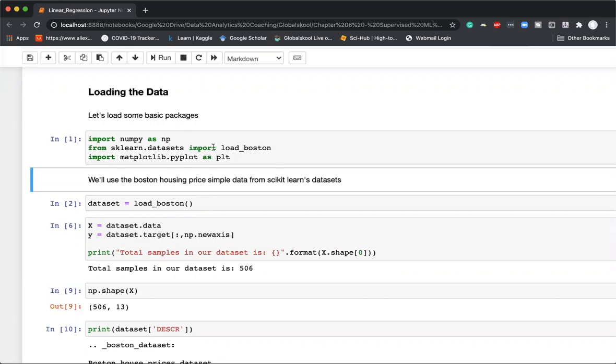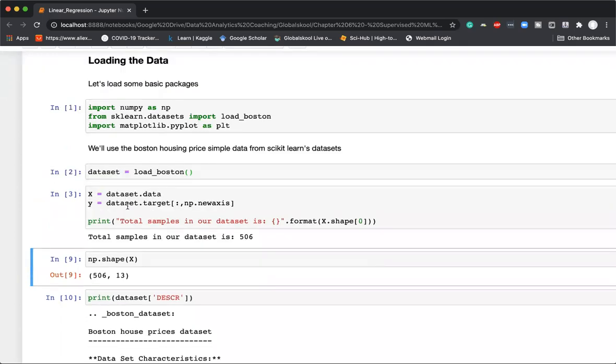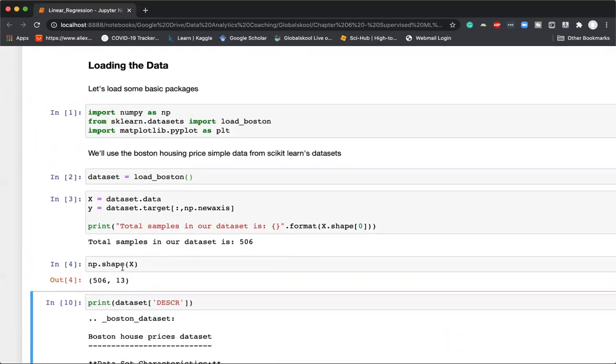But for now, since we just want to test linear regression, it doesn't matter what the data is. Let me load the data. From this data, I can extract dataset.data, which is my X, the predictor values, and dataset.target, which we take into Y, the target variable. We see that our samples are 506, so out of 506 samples we have to learn a model. If I do a shape here, I can see that there are 506 rows with 13 columns. Those are the 13 features that we have. And then we have one target variable that we are trying to